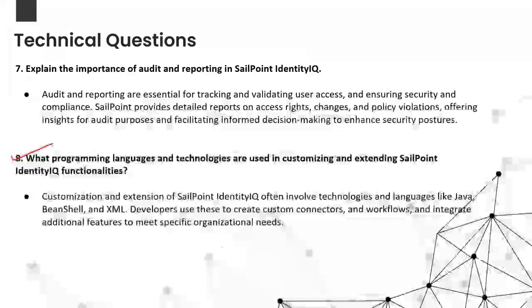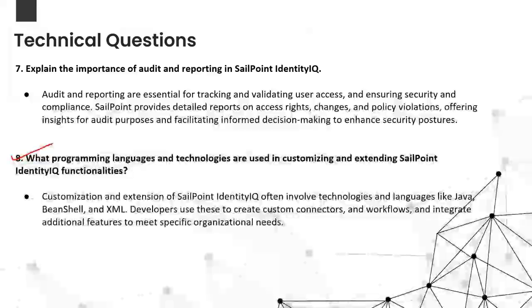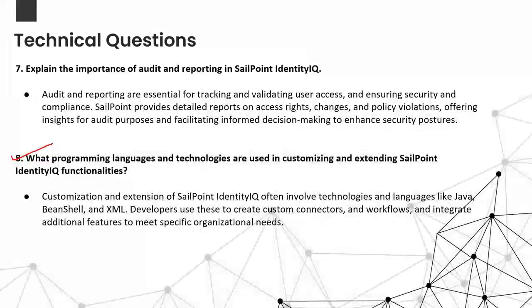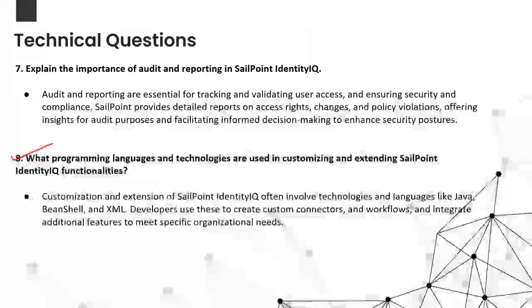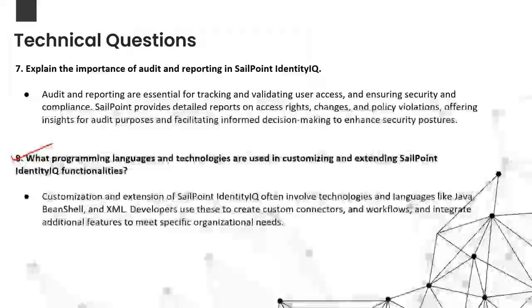So as I said, the most often used languages in SailPoint are Java and BeanShell. BeanShell is nothing but your lightweight Java, guys, again. It's the same Java only, but the methods and syntaxes would be slightly different, as it is more straightforward in BeanShell. But when it comes to Java, everything will come line by line. In BeanShell, whatever you write in Java as three lines can be reduced to a single line. That is BeanShell, guys.